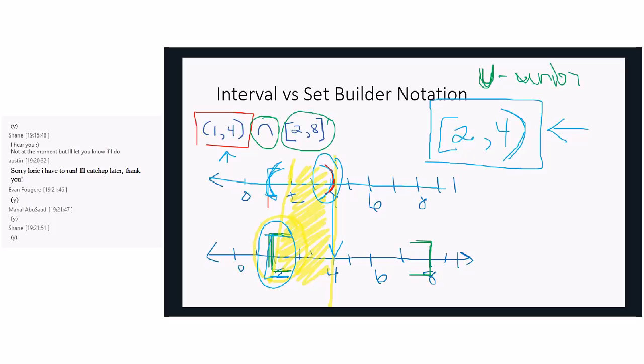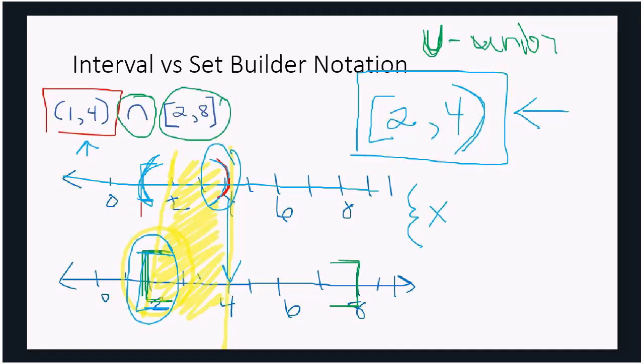Great. Okay, so the interval notation, just a little bit longer to write. I like to say that in this case you're writing in Mathglish, which is just trying to write a mathematical expression in sentence form. So set builder notation, you're always going to start off with curly brackets, and you're going to start off with the unknown number x. And what set builder notation is doing, it's saying, what can x be? What are the unknowns in this intersection? Well, x can be any number between 2 and 4.